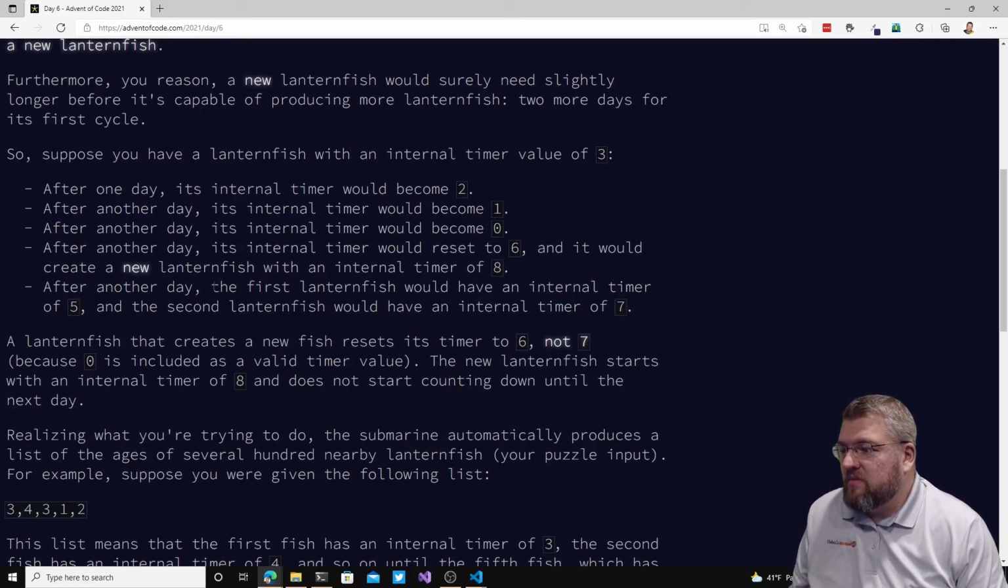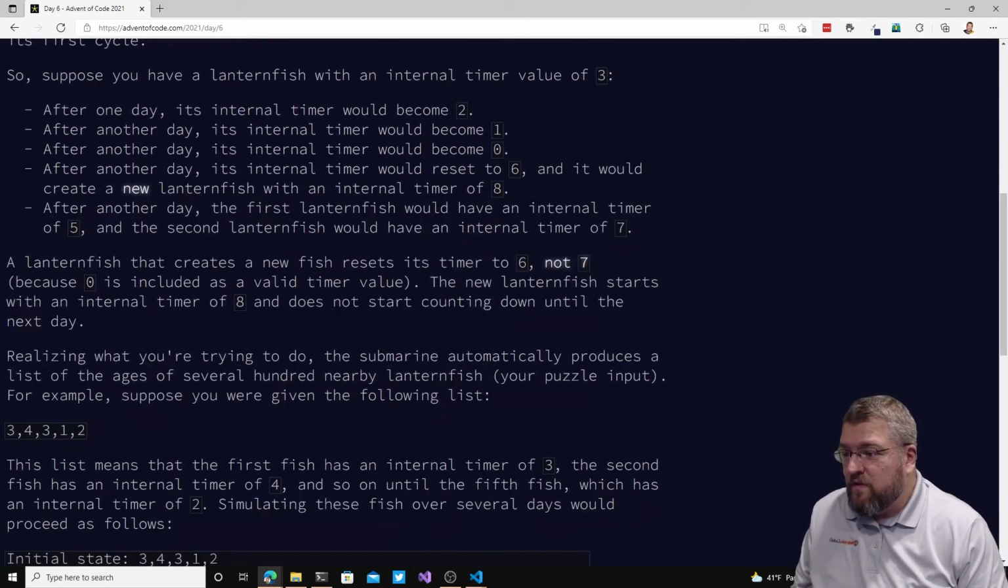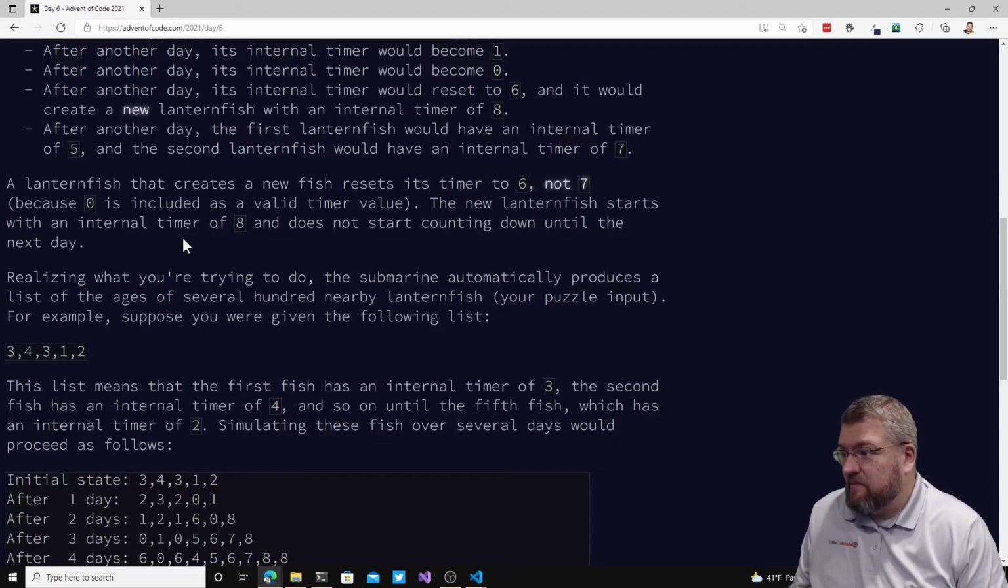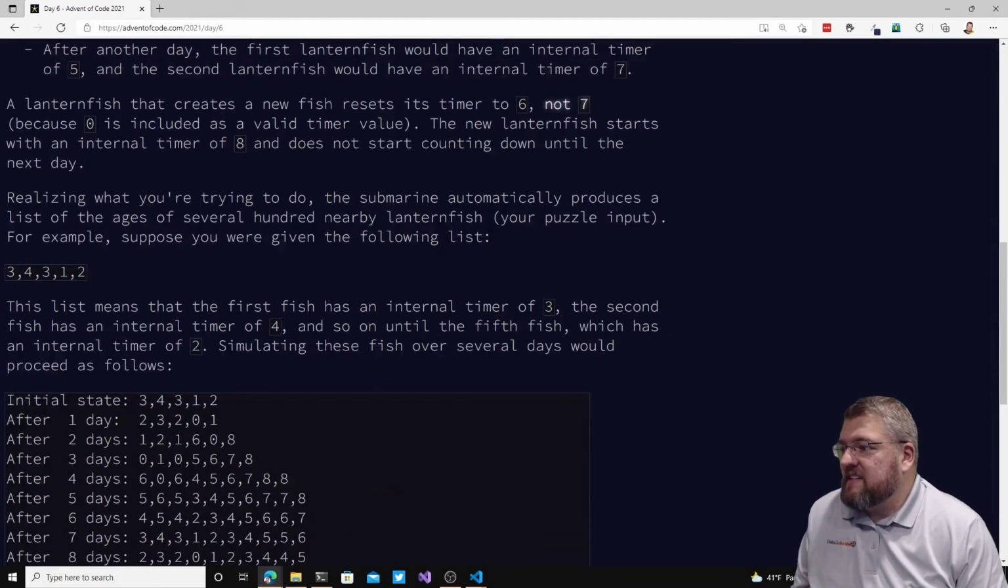Now, after another day, the first lanternfish would have an internal timer of 5, and the second lanternfish would have an internal timer of 7. A lanternfish that creates a new fish resets its timer to 6, not 7, because 0 is included as a valid timer value. Okay. The new lanternfish starts with an internal timer of 8 and does not start counting down until the next day. All right, realizing what you're trying to do, the submarine automatically produces